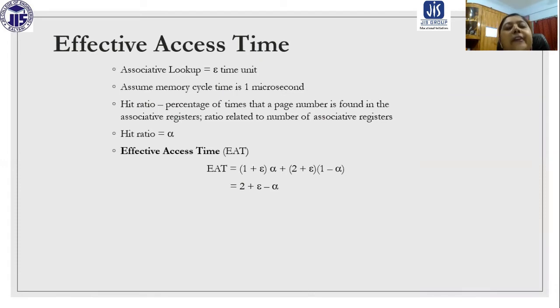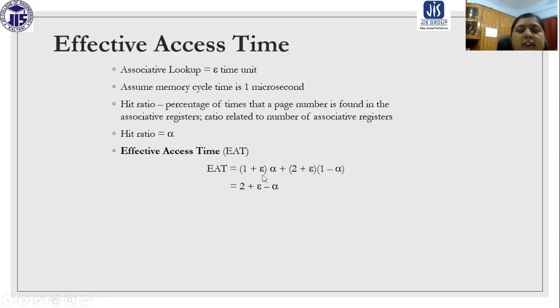So this is the effective access time. The associative lookup time is epsilon, and we assume the memory cycle time is 1 microsecond. The hit ratio is the percentage of times the particular data is found in the TLB, and if it is not found, then it is a miss. The hit ratio is alpha.